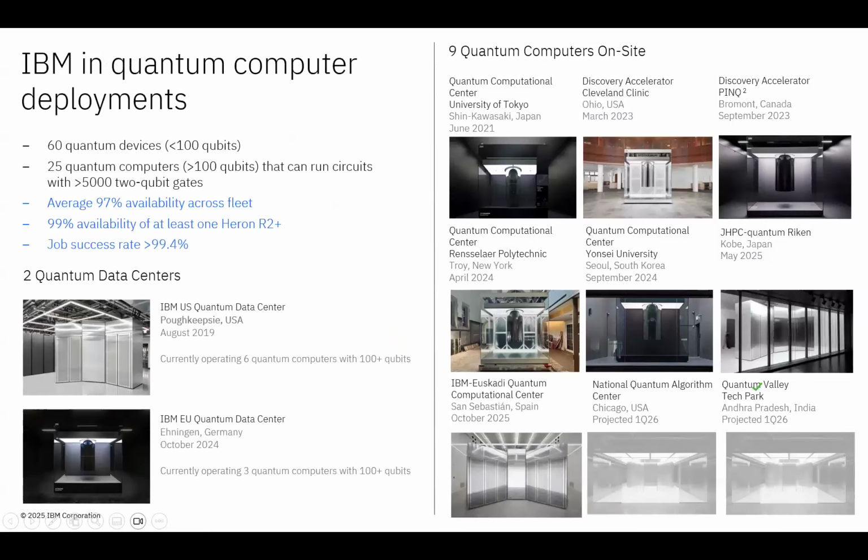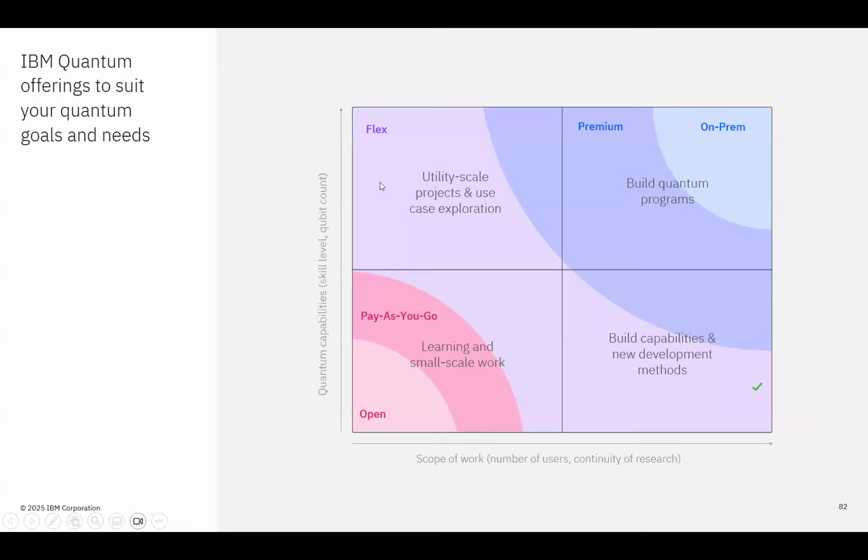Yeah, you have a flex plan, and basically you can somehow align the plan to your problems with the funds which you have, and of course, here is the open plan, so pay as you go. So you can use open, free, then you can go pay as you go. But also, one thing which is, in my opinion, quite interesting for many of the education and not only education